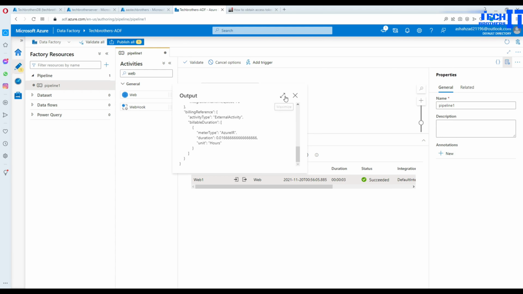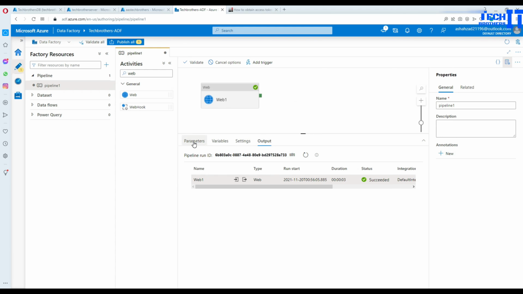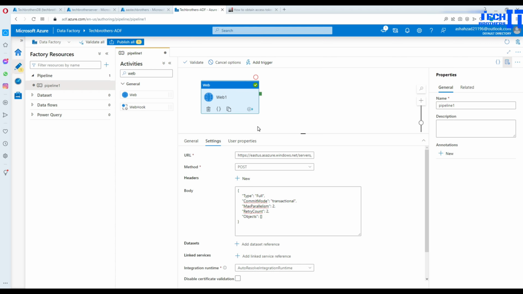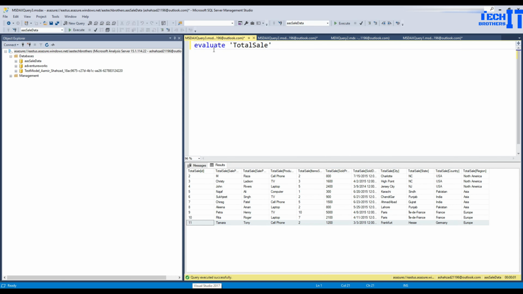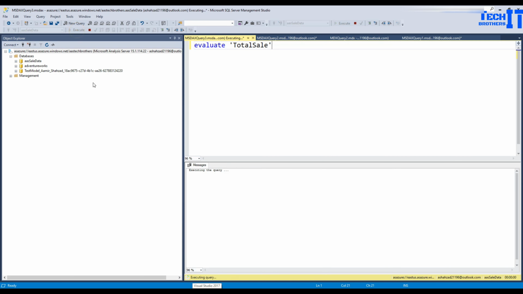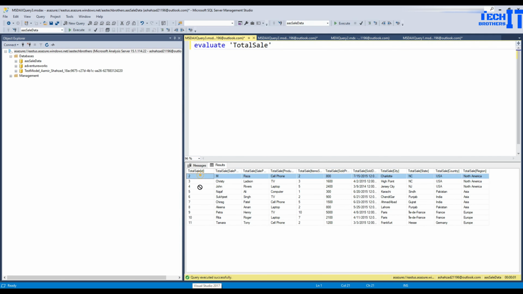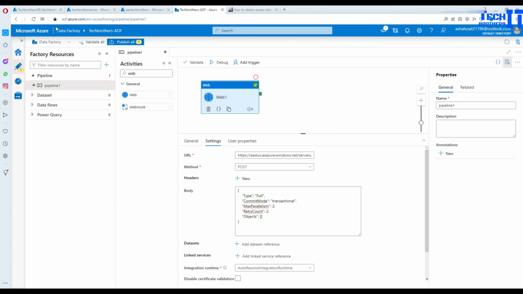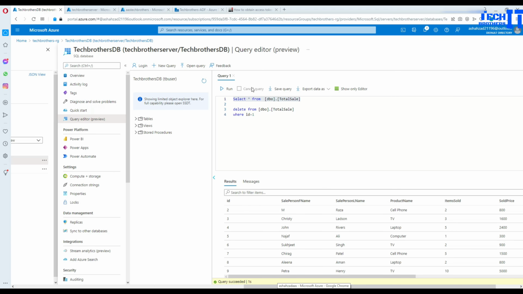This is not going to give us a whole lot of information here, but what we can do is play with it. Now, if you guys remember, if I go to the SSMS and say evaluate the total sale, it returns me these records. So I can maybe delete a few of them. Let's say where ID is equal to 2 and 3. So I can go right here in my